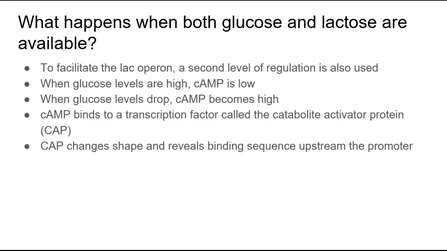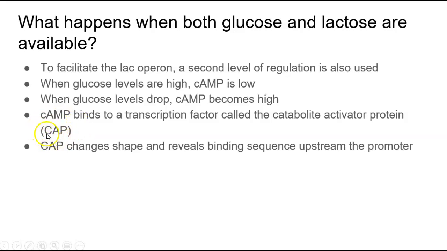We also need something called cyclic AMP. So what will happen is that if there are high levels of glucose and lactose, then there's going to be low cyclic AMP. So when there's a lot of glucose available, cyclic AMP is low. When glucose levels drop, when the cell gets starved a little bit, cyclic AMP becomes high. And cyclic AMP binds to this molecule called CAP,